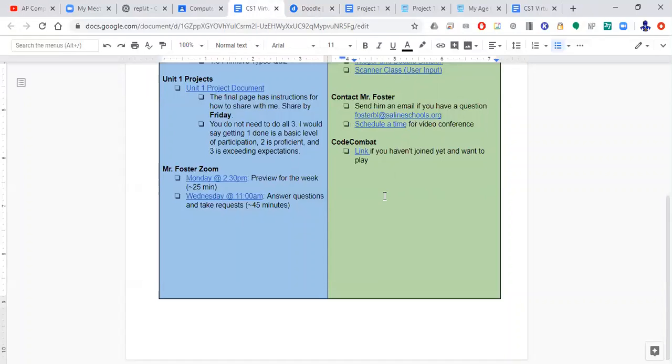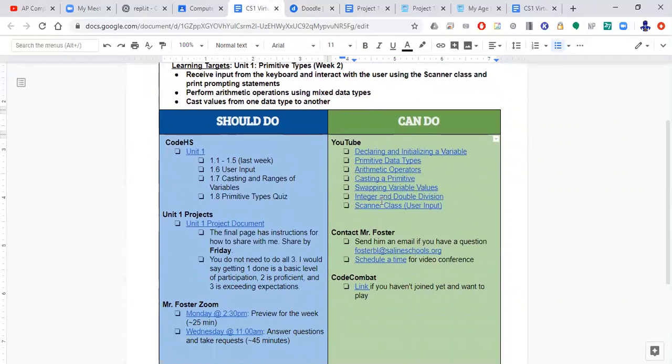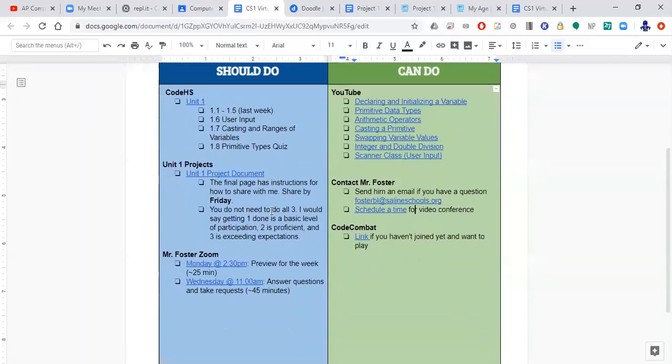So, any questions? While you folks are maybe typing in questions, I'm just going to summarize. Finish Unit 1 on CodeHS. When you're good there,